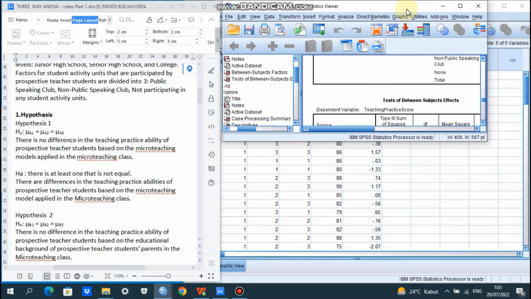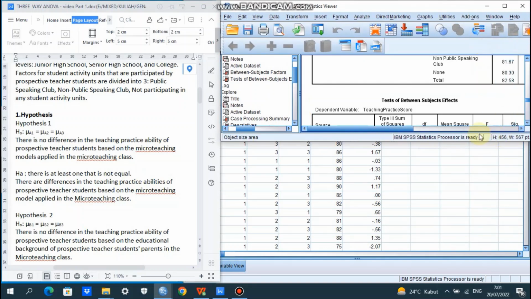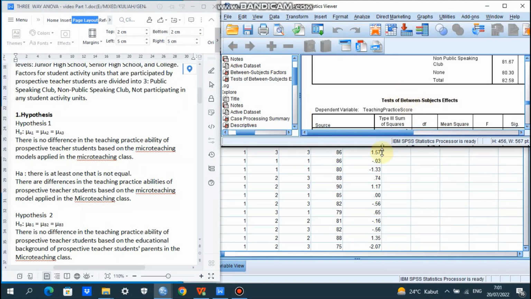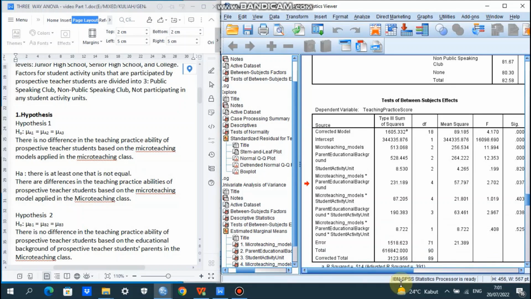If H0 is accepted, it means there is no difference in the teaching practice ability. But if H0 is rejected or Ha is accepted, then there are differences.